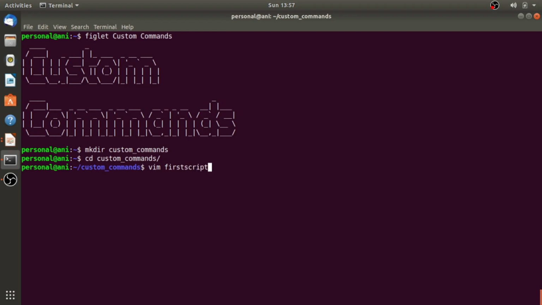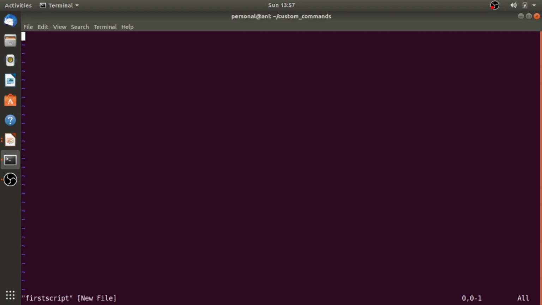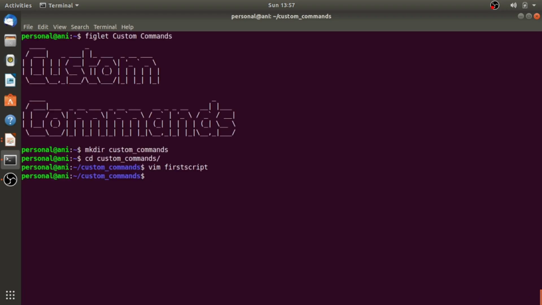I am giving this file the name first script without any extension. Inside this, I am writing a simple echo command. Now we have saved this file and we are done with our second step.